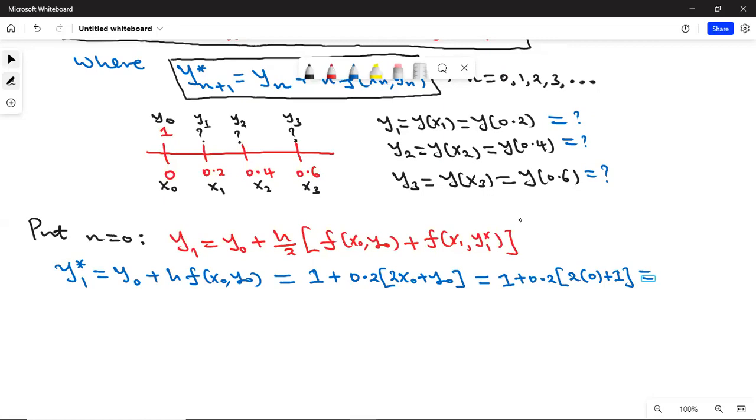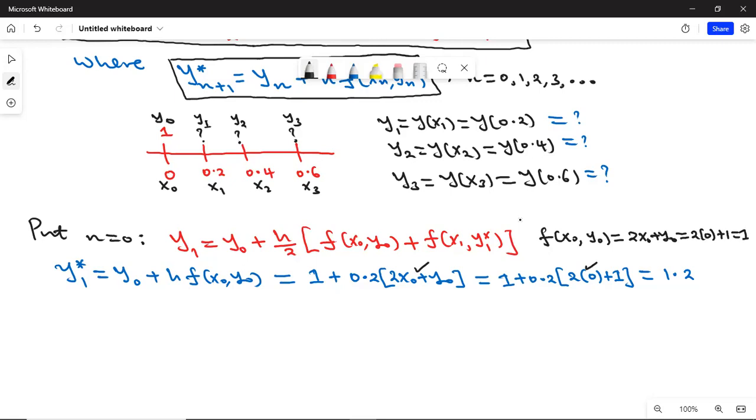That will give us 1.2. Of course, I ought to have calculated the value of f of x0, y0 here, because I still need it. That is 2x0 plus y0, which we have said is 2 times 0 plus 1, and that value is 1. So it is the value that I need there, that is 1. So having found